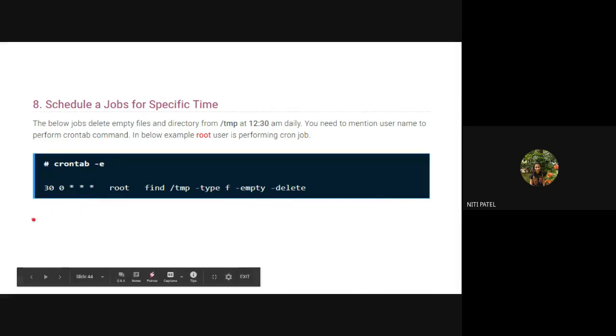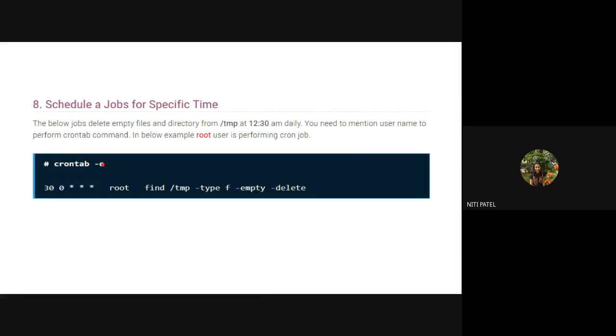Now again, there is a next example, that is crontab -e. So what I'm doing is I have opened my VI editor and I'm editing some command. Which is that command? It may be this command. From the command, what I can read is I have to delete something. What do I have to delete? I have to delete the file which is inside the folder /tmp. Do I have a directory called tmp? Yes. It stores temporary files. What is the name of that file? It is the name of the file inside the temp, with type f and empty. So I have to find that file and delete that file.